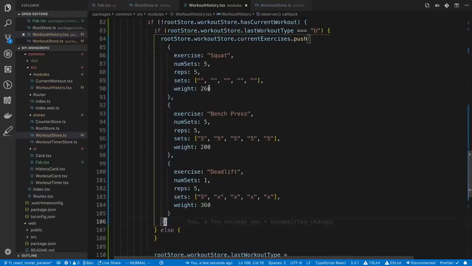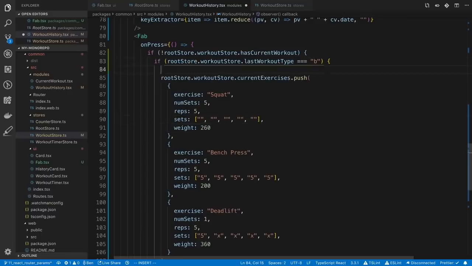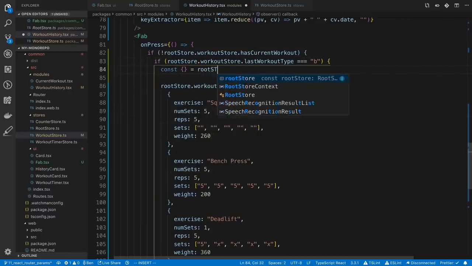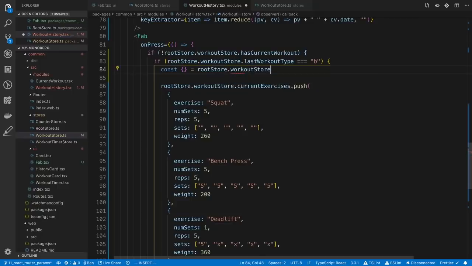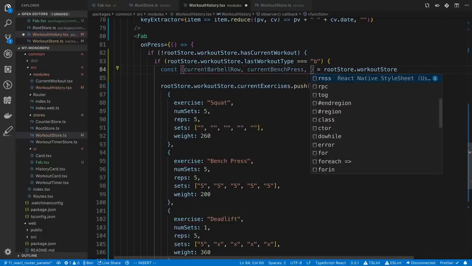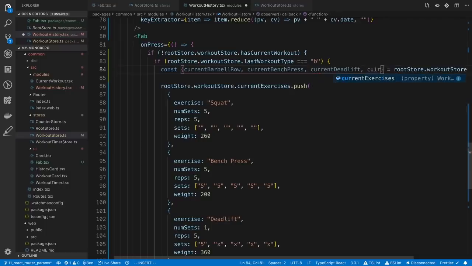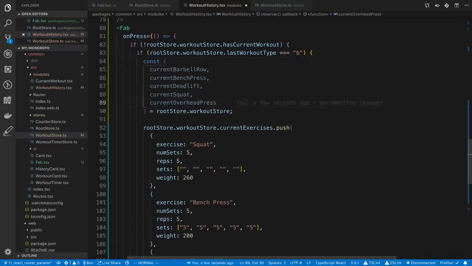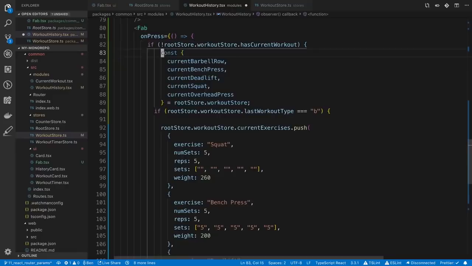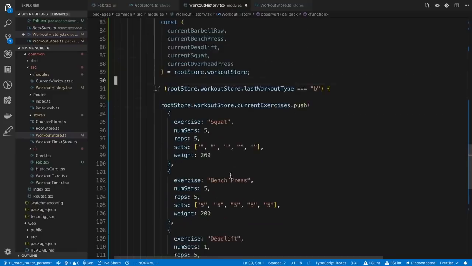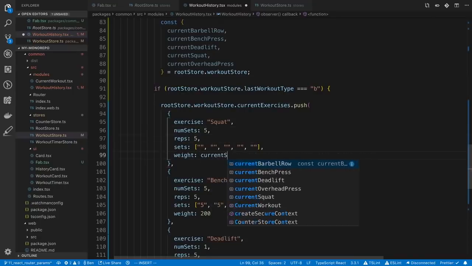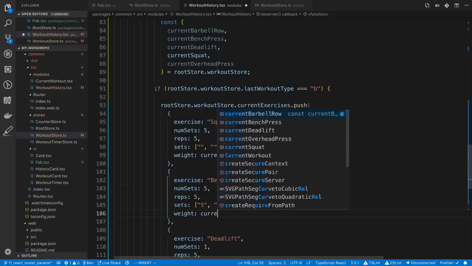All right, so what we're going to use is the current values as well. So we're going to say root store dot workout store dot, and then we're going to grab all these current values. Current barbell, current bench, deadlift, squat, and overhead press. And I guess I'll move this outside of here. All right, so the name of it's squat, number of sets, and then the weight here is going to be the current squat weight, current bench press weight,